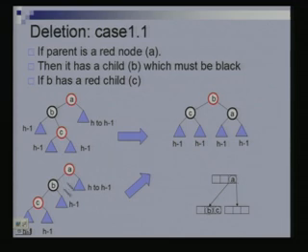Now, let us see what this corresponds to in the case of 2, 4 tree, because that is where all of this motivation is coming from. So, this is a red node, which means its parent is a black. So, when I had created the 2, 4 tree node, I would have at least 2 keys in the 2, 4 tree node corresponding to this guy, at least 2, maybe 3, but at least 2. So, it could be either 2 or 3.